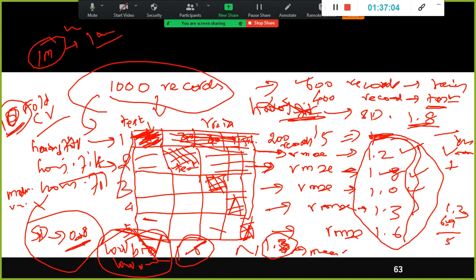Consistency. Even if I use different test data sets, my error is not deviating too much. Good. And also the error is less. Okay, deviation is not there, but the error is 222, 223. In that case, you need to use different models, or you do further feature engineering or feature selection.